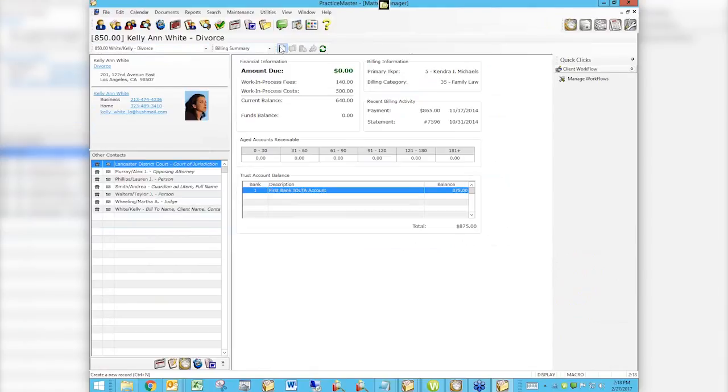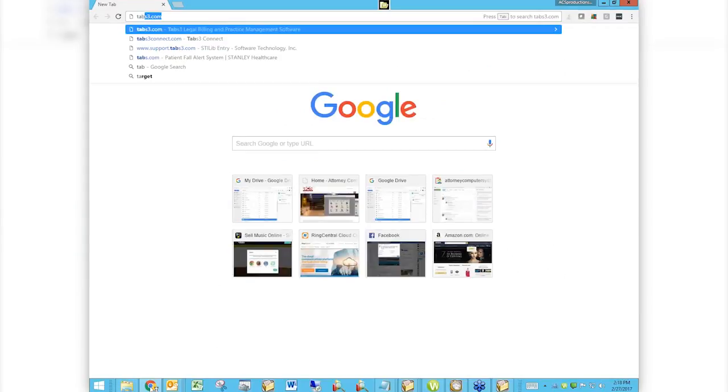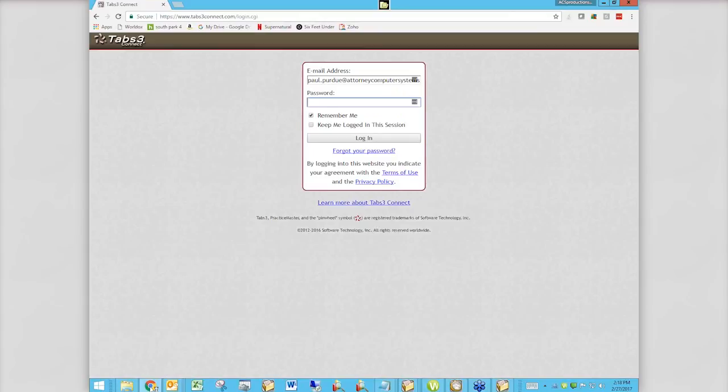You can add new records from here, so you can say, well, I want a new note for Kelly White's divorce, or a new calendar item, or a new fee entry, or a new timer record. All these things can be done directly from here with that. And so you've got all that going for you. And if that's not enough, and by golly, it sure ought to be, if we go into tabs 3 Connect, we can see,